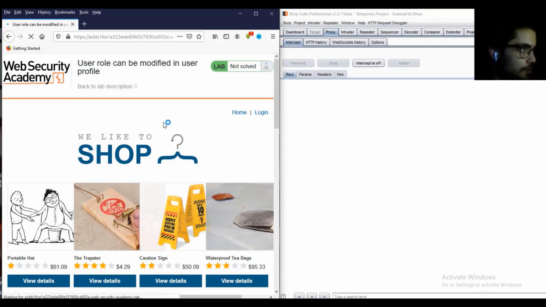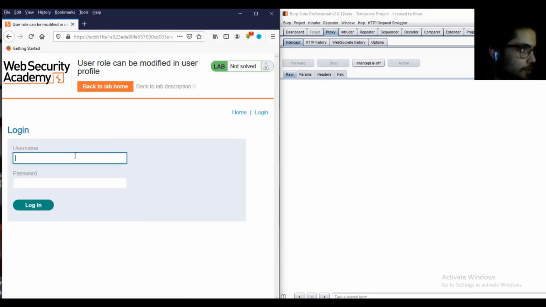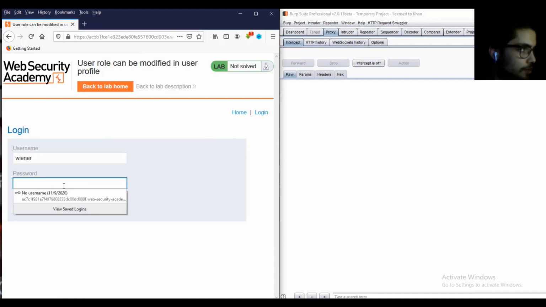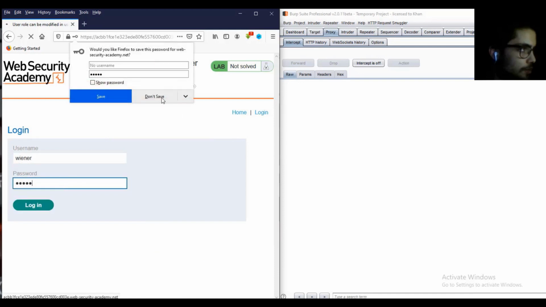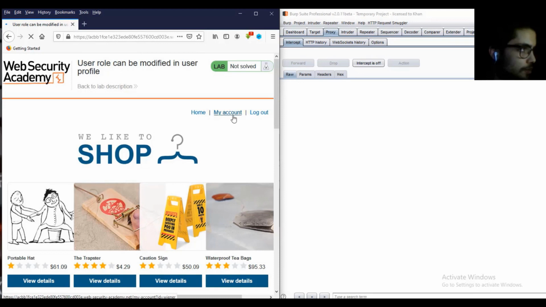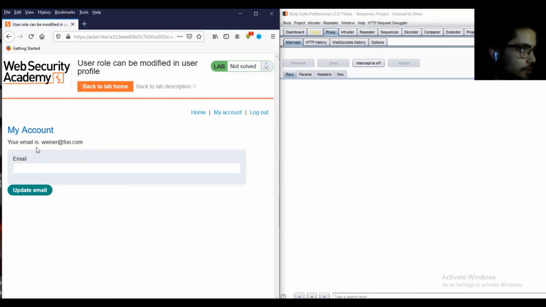And then as you can see, we try to login. And then we choose a winner and the password Peter. So as you can see, there is a logout my account room. If you need to update your mail, you need to